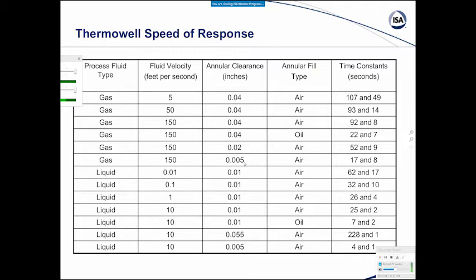If you can reduce the clearance inside the thermal well, you can make a dramatic difference as well. Now, this is an exceptionally tight clearance. I don't know how practical that is. I guess if you get into temperature changes, it could be difficult removing the sensor from the thermal well due to just expansion, possibly of the element itself.